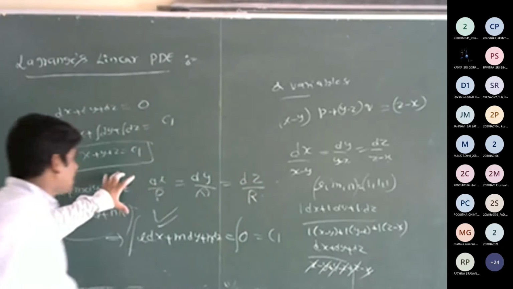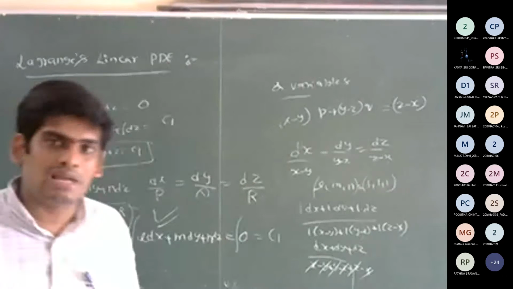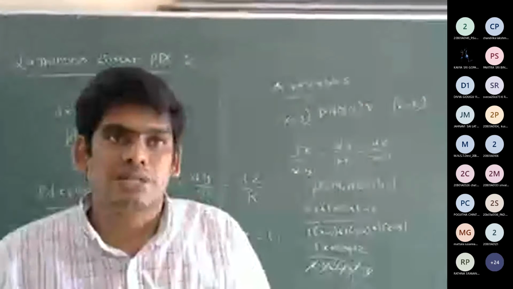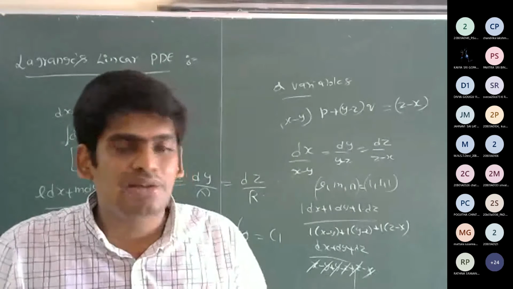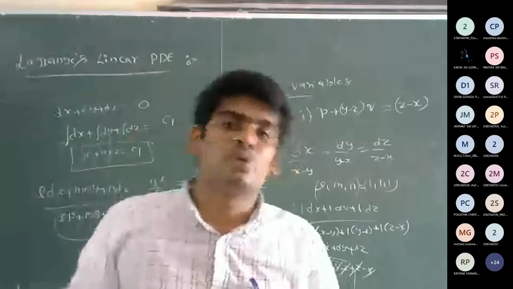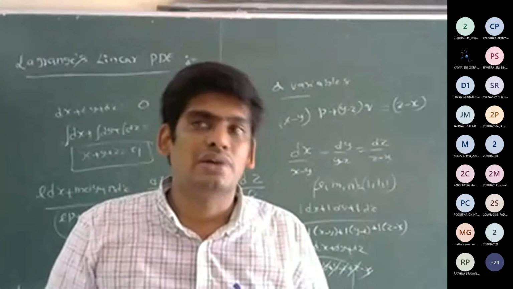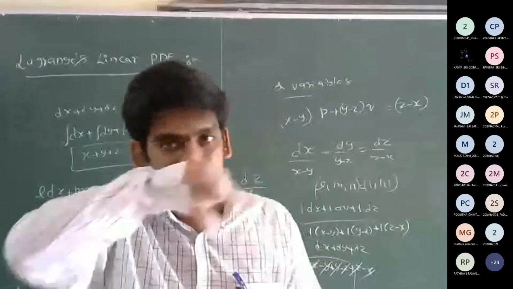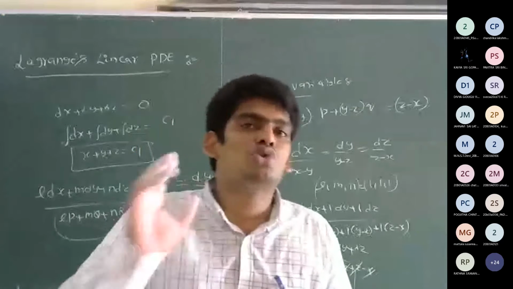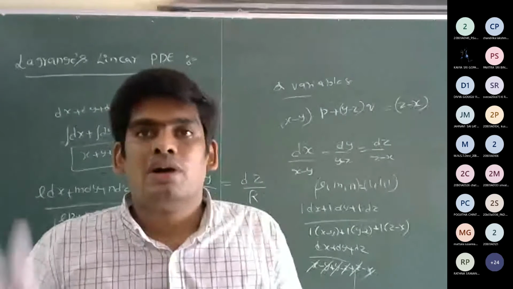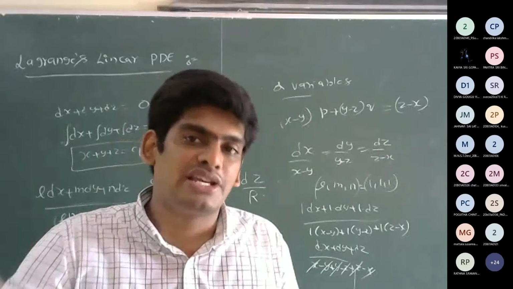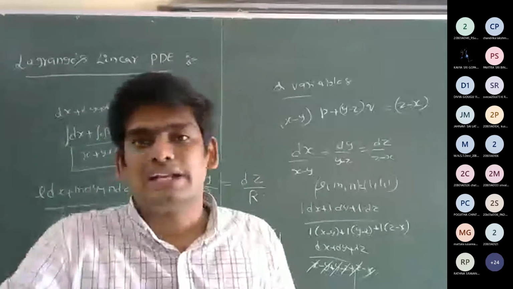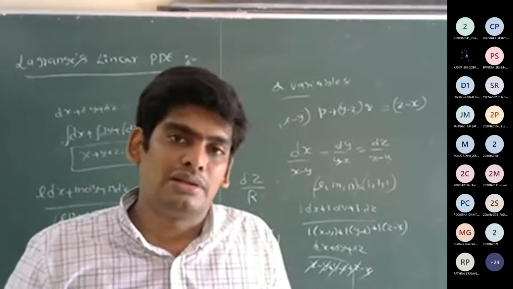So this is the way of solving Lagrange's PDE by using the method of multipliers. The important thing here is the choosing of multipliers. Many of you have a doubt: there are infinitely many multipliers, so how can we identify them? Yes, there are infinitely many multipliers, but we have to choose at least 2. Why? Because for our solution we have to calculate c1 and c2, that means 2 solutions. So you need not think about the infinite solutions. We have to identify the minimum 2 multipliers.